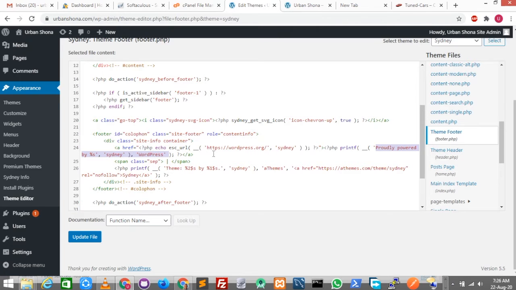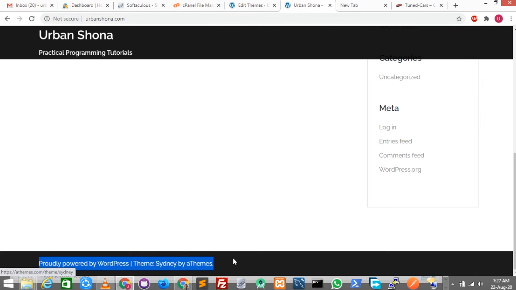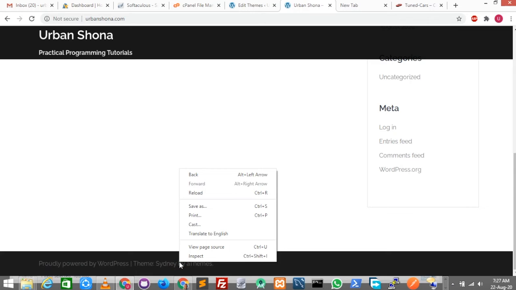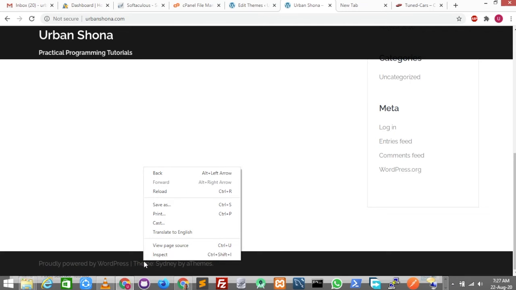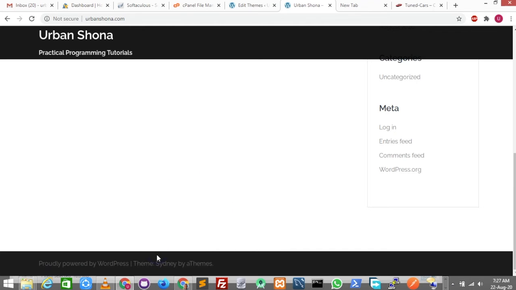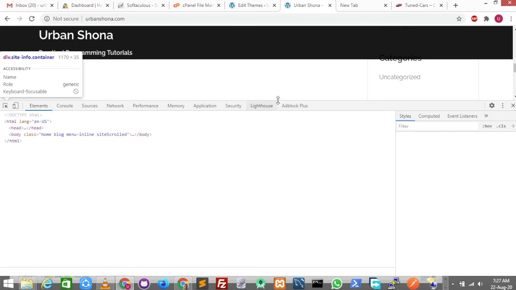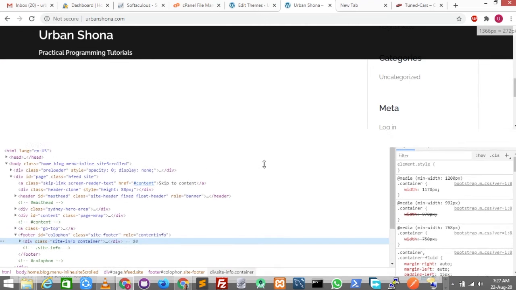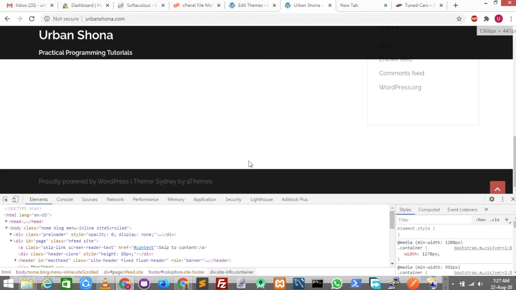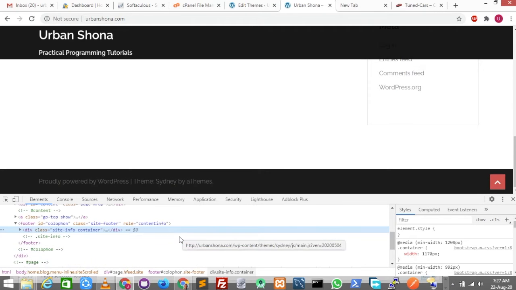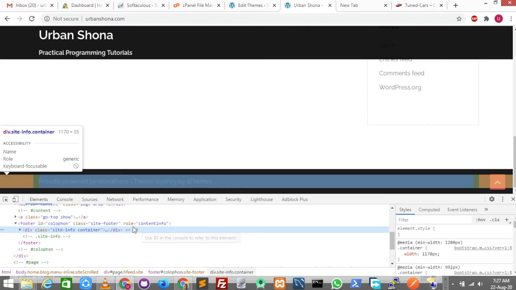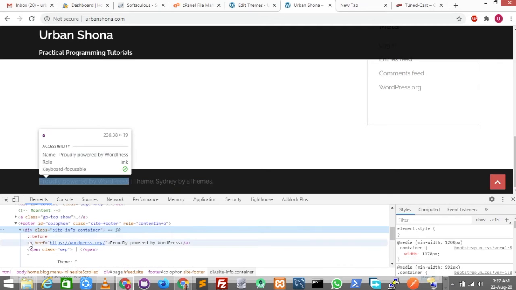So the best way to know what we need to remove is simply to right click. If you're using Chrome, right click on the statement here that we need to remove and click on Inspect, and it should open up this window that shows you the code associated with this statement. As you can see here, it's in this div element. If you click on this arrow, it opens it, and as you can see,